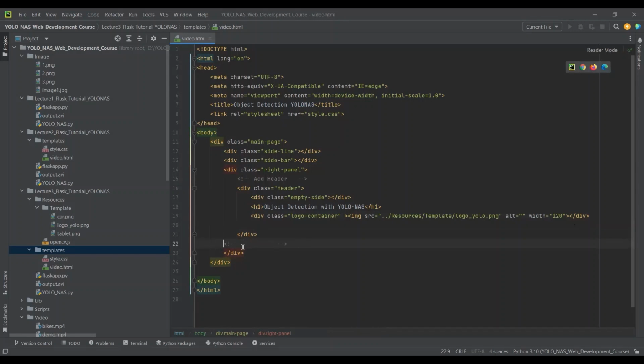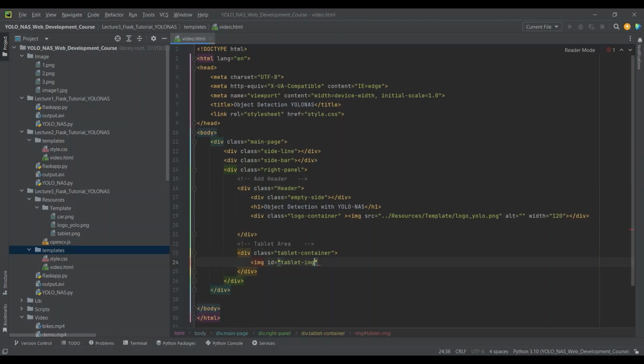Okay, so this will be the tablet area. Okay. So now I will just write a div, class is equal to tablet-container, and in the tablet area I will just add an image, id is equal to tablet-image, and the source of this image will be